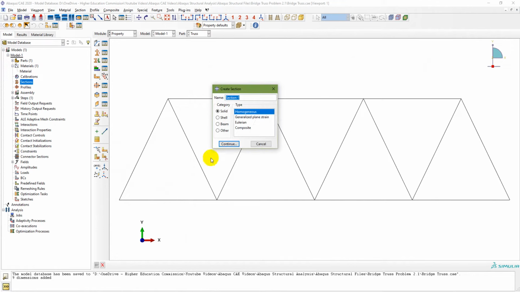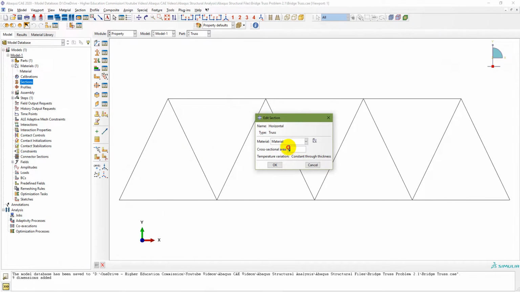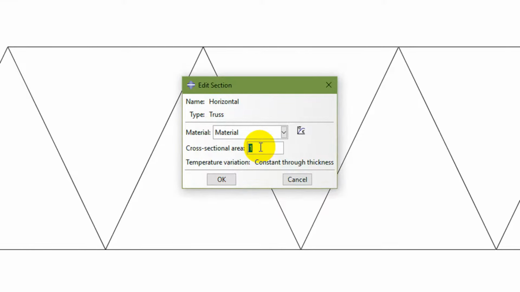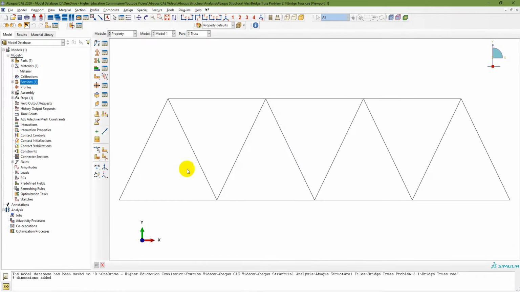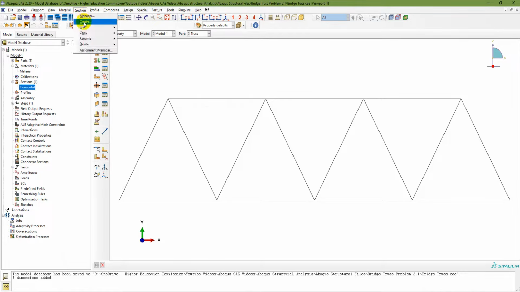So double click on section, name it as horizontal, category beam, and type is truss, continue, and then add the cross sectional area of the horizontal member, which is 0.045. So that is for horizontal members. So click OK, and now one section is created. And now I can create a section from here, section, create,